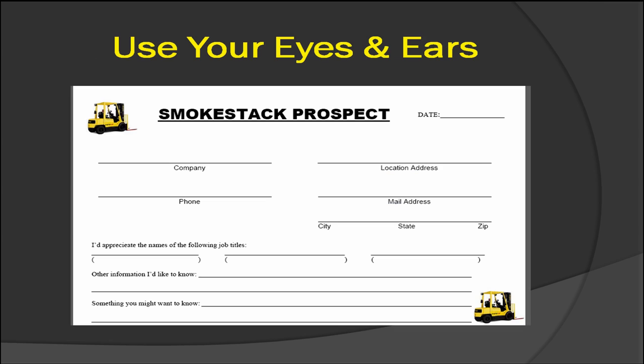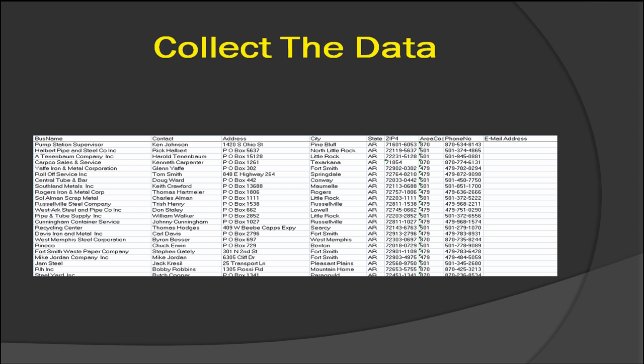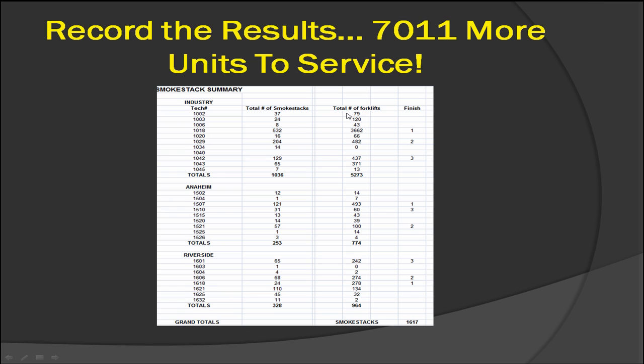This is a physical example of a tablet we used to use. Every employee had these, and they would simply write here the company's name, the city. They would be turned in internally. We would use an online repository to round out the rest of the information, physically call them, and ask them questions about how many machines they had. We recorded all the names and addresses, preparing this for import into a CRM system, and captured their email addresses. We would ask them how many trucks they had, how many forklifts in this case,